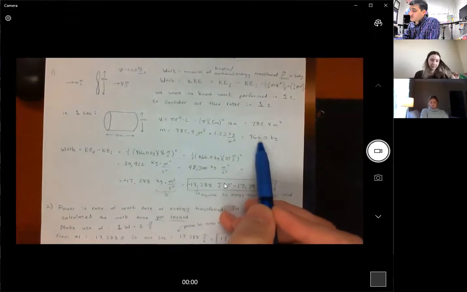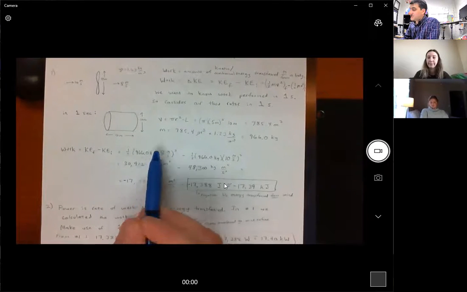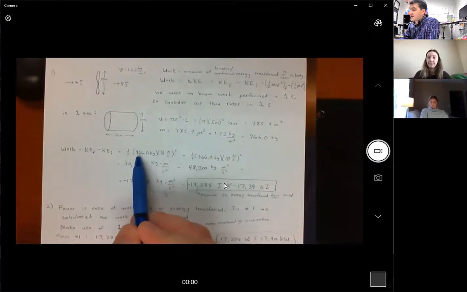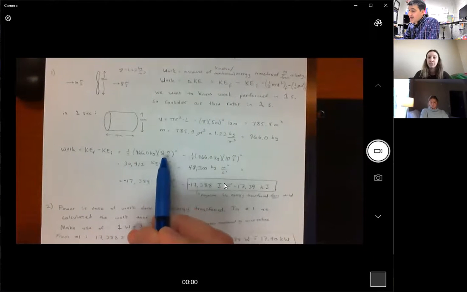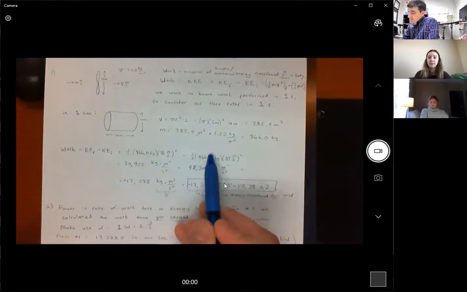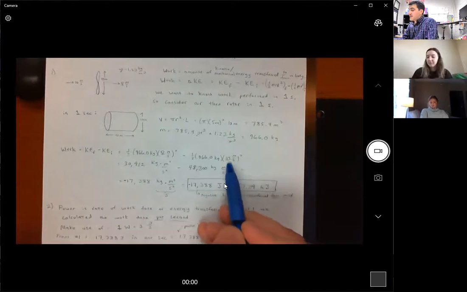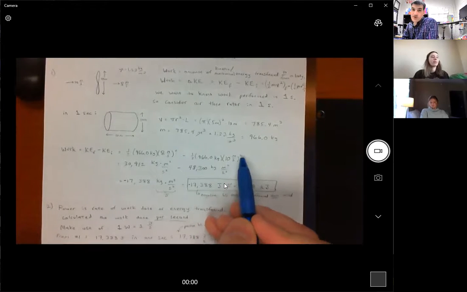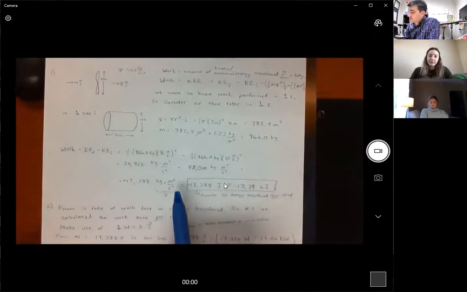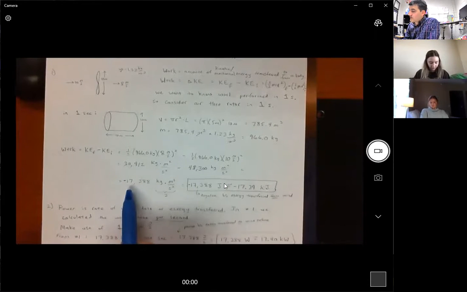Now we can plug this into our calculation for kinetic energy. Our final kinetic energy is 1/2 times that mass times the velocity squared, and the exiting velocity, the final velocity, is 8 meters per second, minus the initial kinetic energy. We have 1/2 times that mass again. We don't lose mass as we're going through the swept area, so it's the same mass, times the initial velocity, which is 10 meters per second, and again we square it. We plug those numbers into our calculator, we get some big numbers and we subtract them, and we get negative